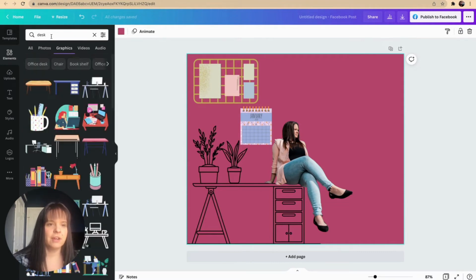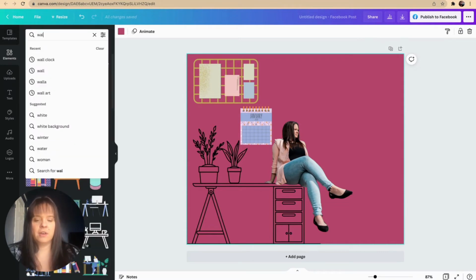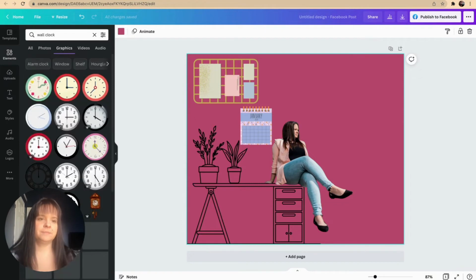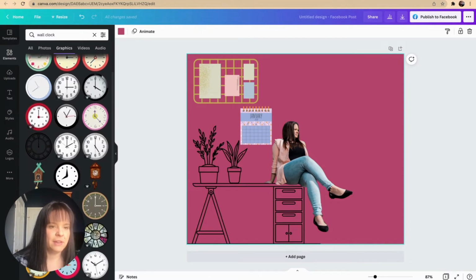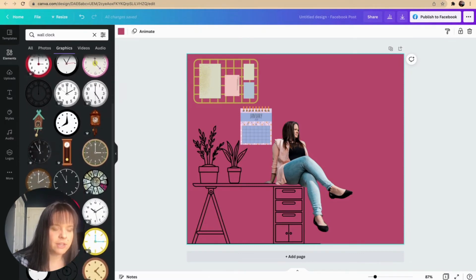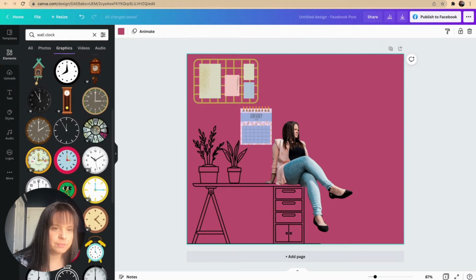So the other thing, I know I wanted a wall clock. So I just searched wall clock. And I'm still under graphics because I wanted everything in the background to be more of like a digital format. What clock did I use? I believe it was, no,